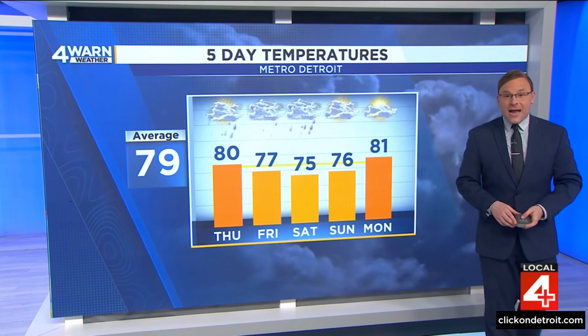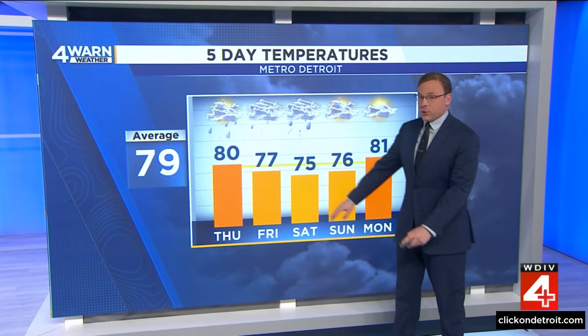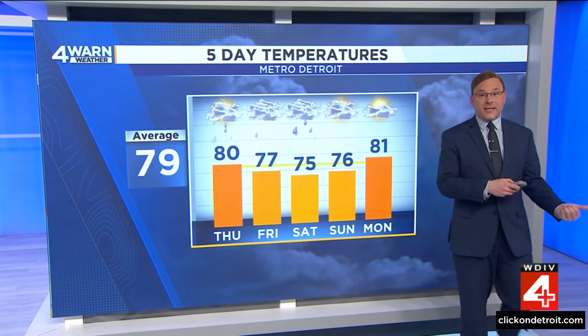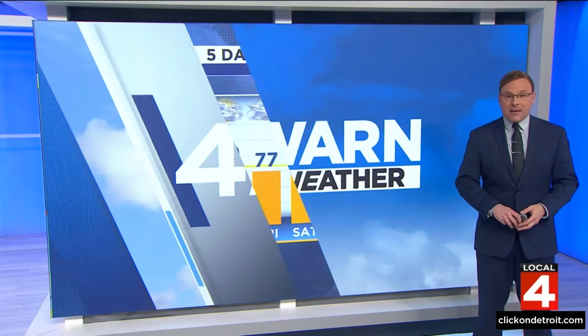the weekend. Right around 80 tomorrow, but with the cloud cover and rain showers in the forecast, temperatures dropping into the 70s, below average Friday through the weekend. But once we get into early next week, we start to warm things up. We're back into the low 80s by Monday, and it really looks like this warming trend isn't going to go